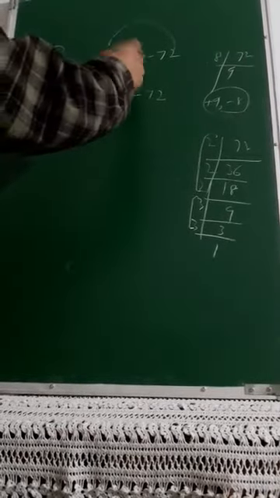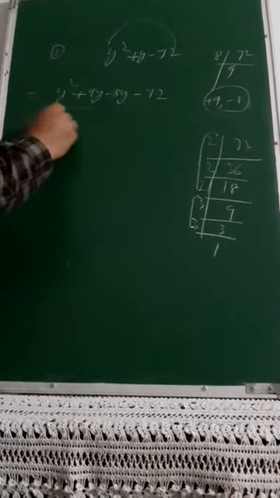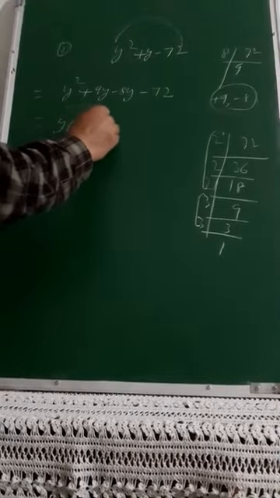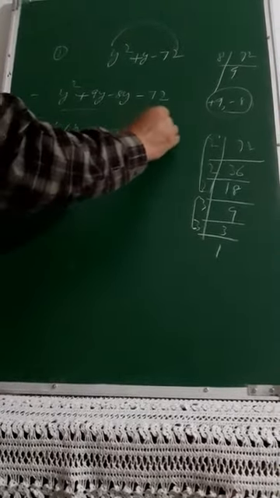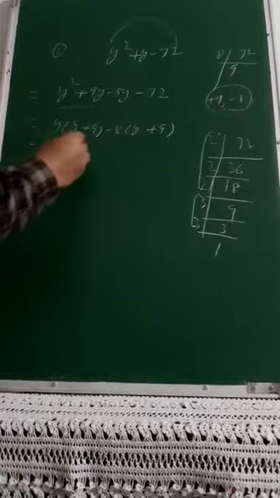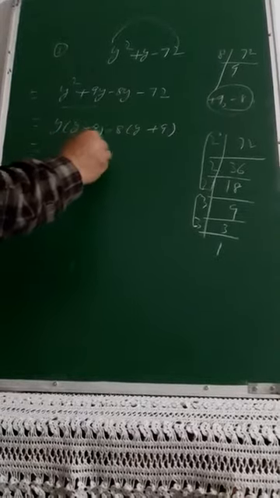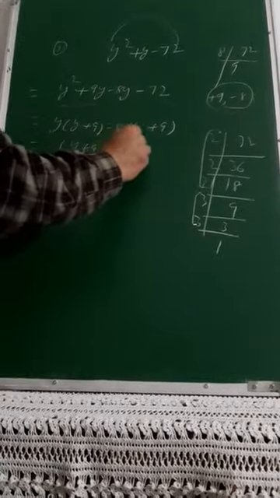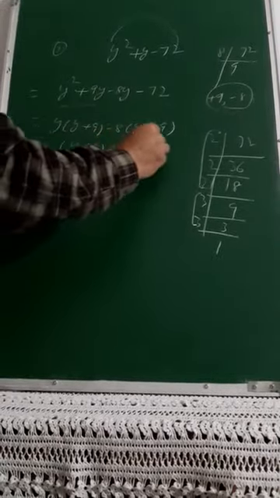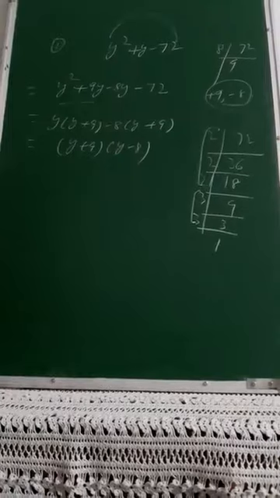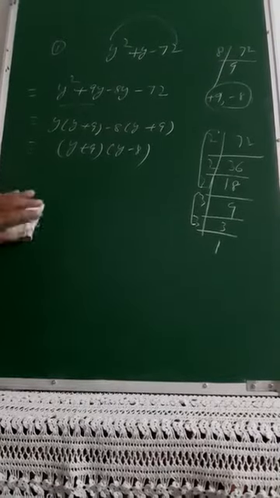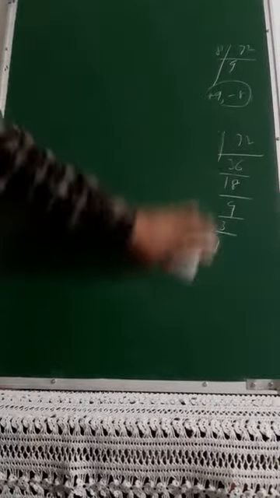And the second will be minus, because 9 into minus 8 will make it minus 72, and 9 minus 8 will give you 1y. So then you have to compare here, y plus 9 minus 8, again that will be y plus 9, and finally y plus 9 is common, and into y minus 8. So the answer for this will be y plus 9 into y minus 8. That was your first part. Please keep a watch. Check your answer. If any mistake is there, keep on doing the correction.